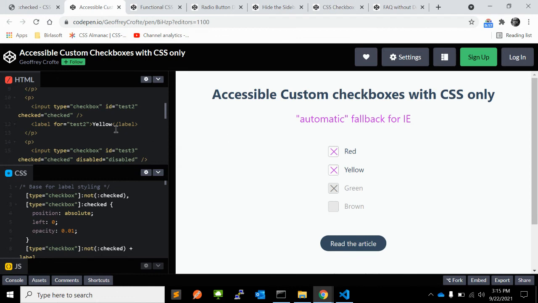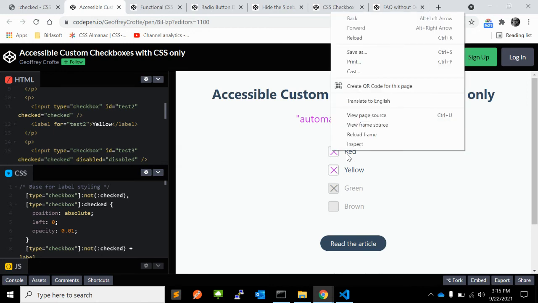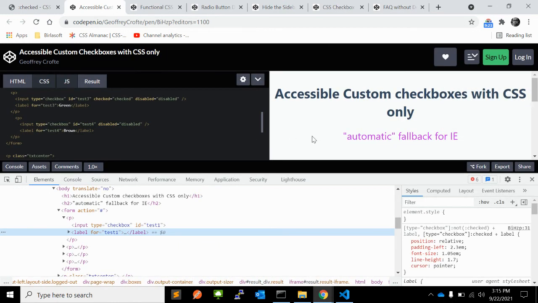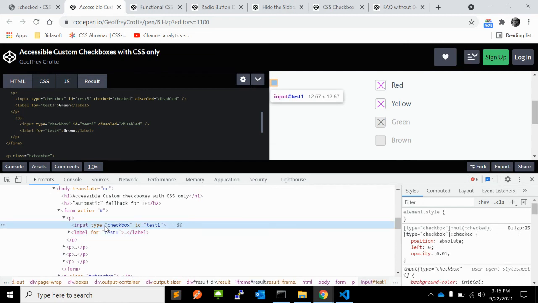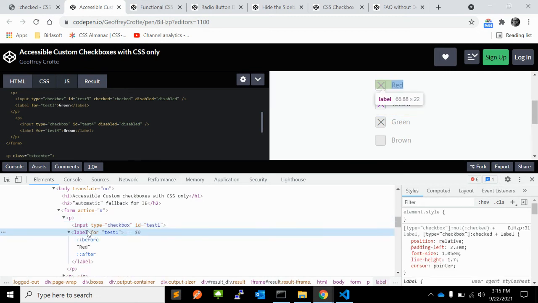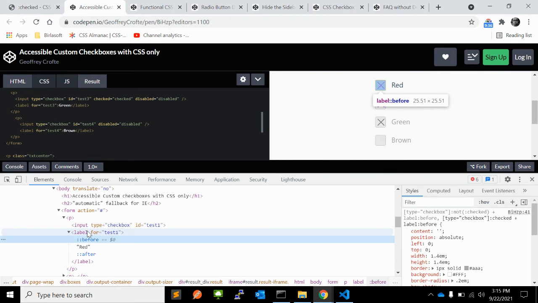So in this CodePen, you can see the fancy checkbox is there. When you inspect, you will see the default checkbox is not there. This is the default checkbox which is not visible, and the label is styled so that it looks like a checkbox.